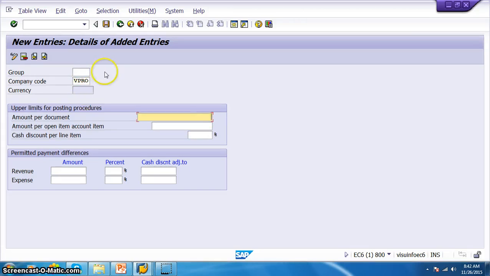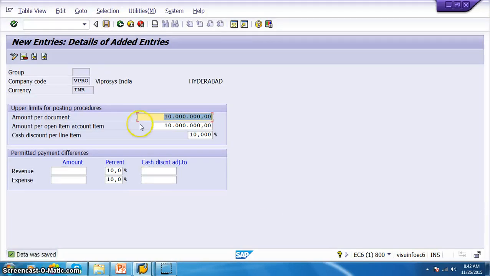If you give a group, this will be applicable only for that particular group, so we want to keep it generic, so we are not giving anything there. So I'm giving the maximum amount, and discount is up to 10%, say, and here also we can have it up to 10%, and here also 10%, something like that, and just click on save.